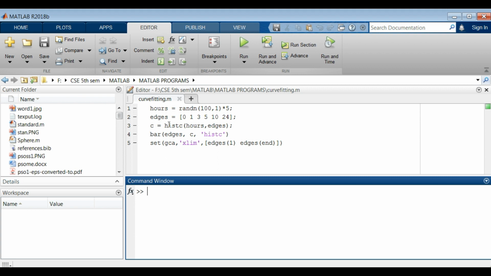Then we write bar and pass edges c and hist_c as parameters. Then to align, we use the set function. Now we run, and as you can see, we have